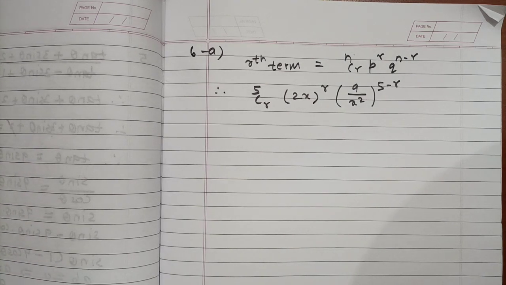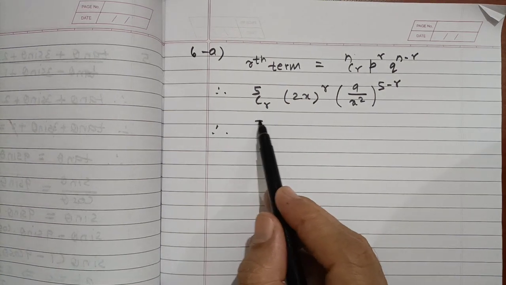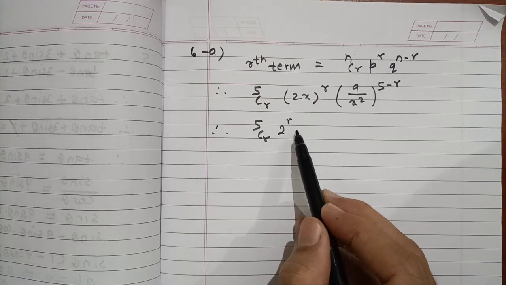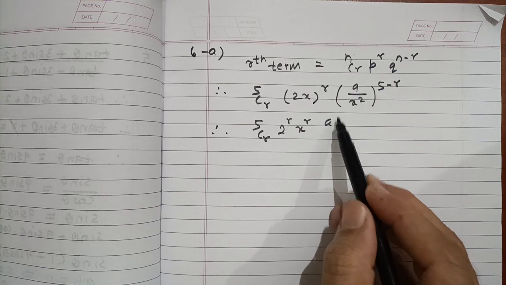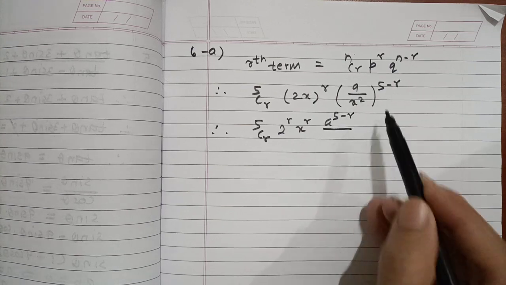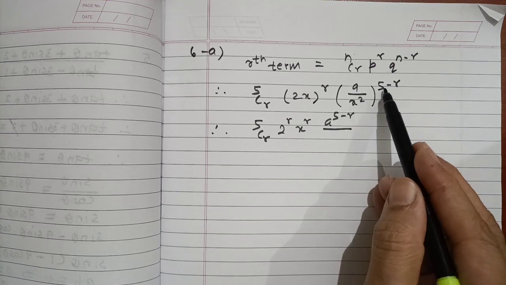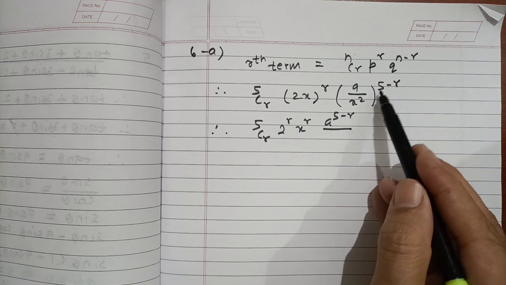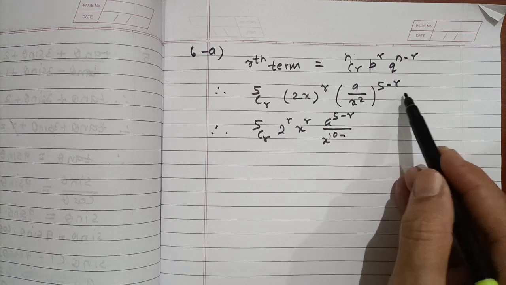So this calculation reduces to 5Cr, 2 to the power r, x to the power r, a to the power 5 minus r divided by x square to the power 5 minus r. So we need to multiply, this is 2 into 5, 10. So x to the power 10 minus 2r